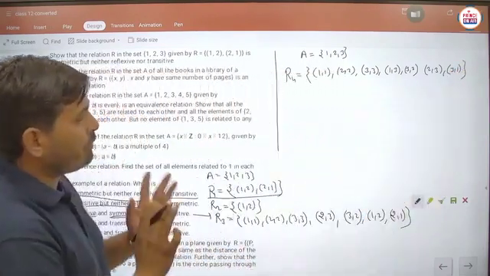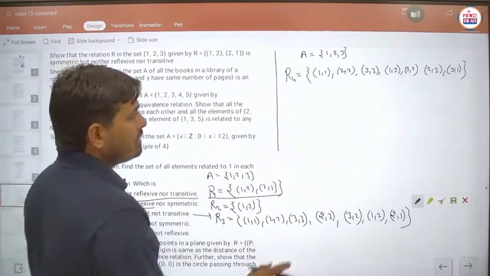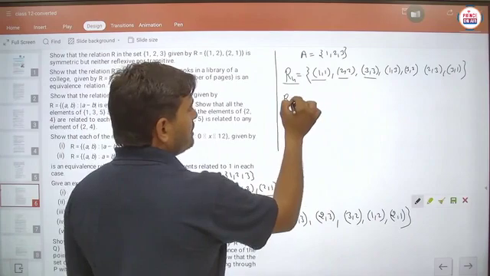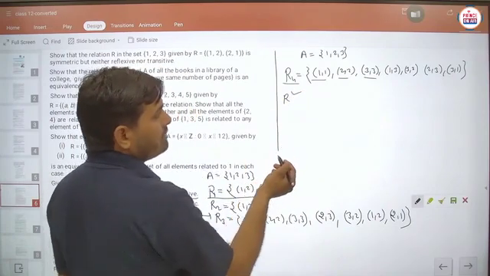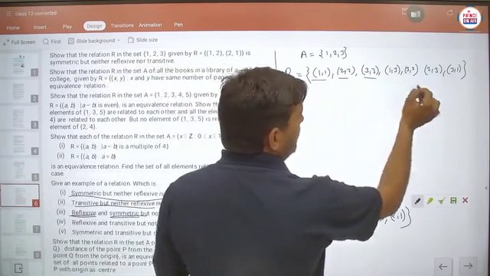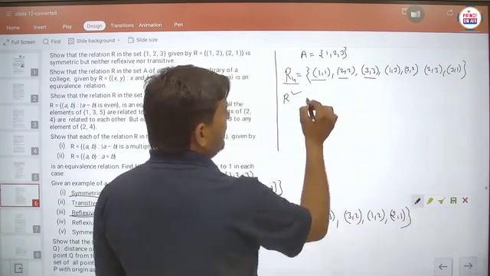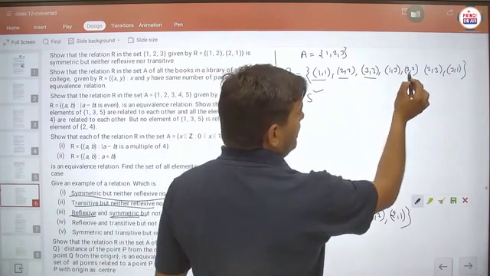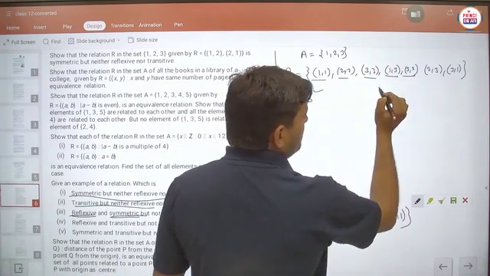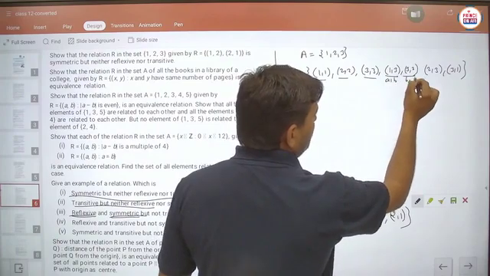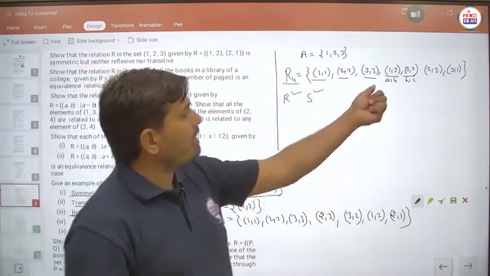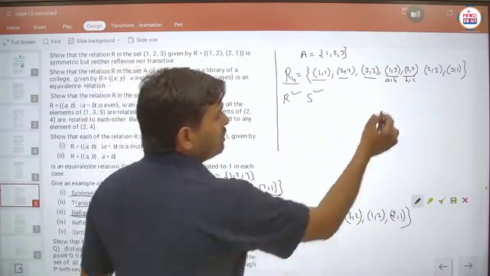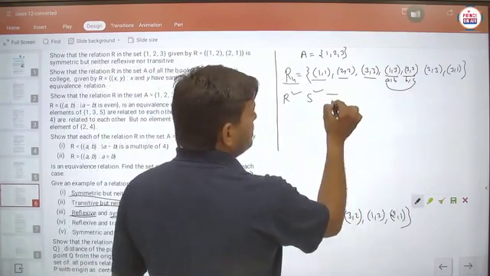Now, student, the very important case, this relation you can call R4. So 1 1, 2 2 and 3 3, so it is reflexive. Next, we have to check for symmetric. Then 1 3 and 3 1, 3 2 and 2 3, so it is symmetric. Now the transitive. So this is 1 3 and 3 2, this is AB and this is BC. So basically, student, AB, then 1 3 is taken and 3 2 is taken, but 1 comma 2 is not there. So here AC is not there, so it is not transitive.